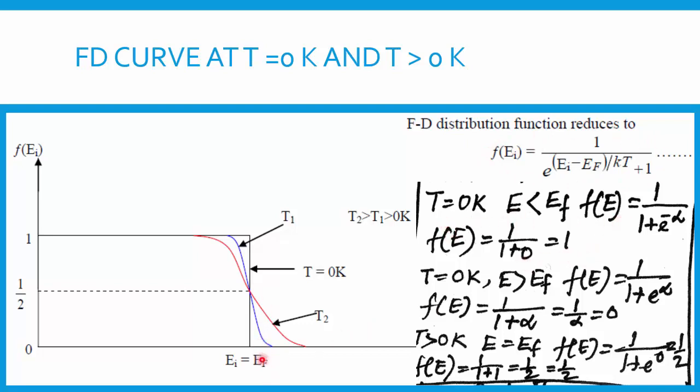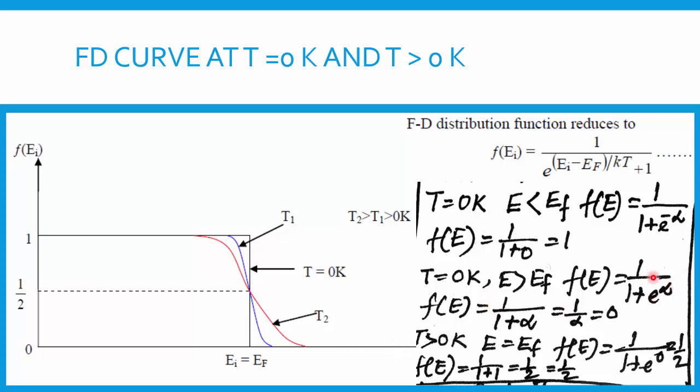Now I consider the same temperature, 0 Kelvin, but this part of the graph where the energy is greater than EF. When I say energy here, this value of energy is obviously on the right-hand side of EF, so it will have greater values. From the graph, for this part of the energy level, Fe value is 0 because this part is 0. Which temperature? T equal to 0 Kelvin, E greater than EF. What is the value of Fe? From the graph I can say Fe value is 0. The probability value is 0.